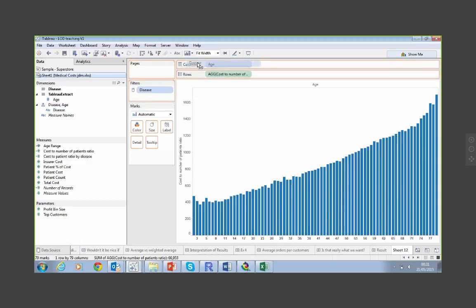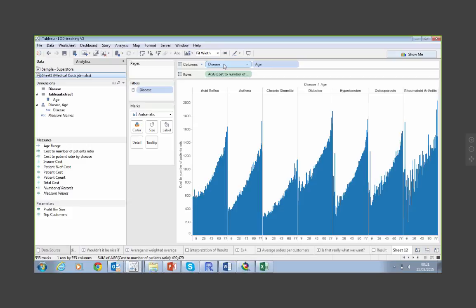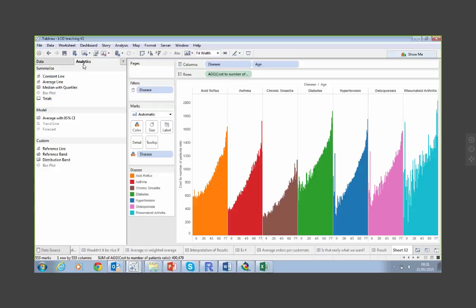And then we might also want to see the breakdown by disease as well. Something like this. So now the next thing you might want to look at is what's the average cost to patient ratio by disease? So you might bring in an average line here to see what that looks like per disease.